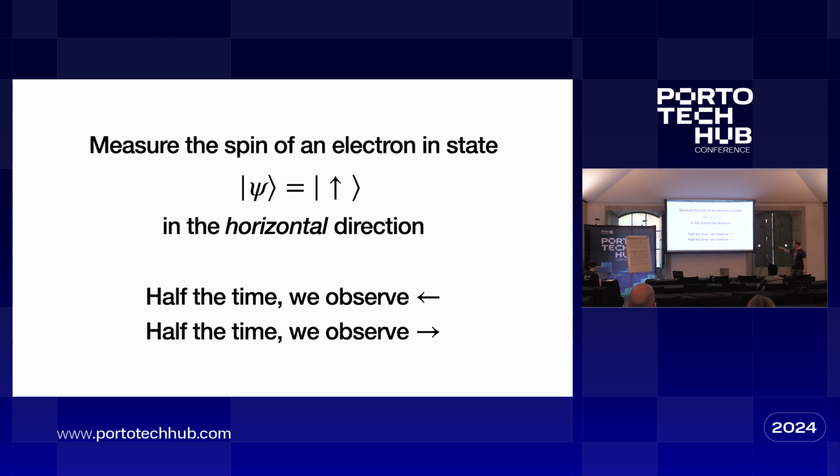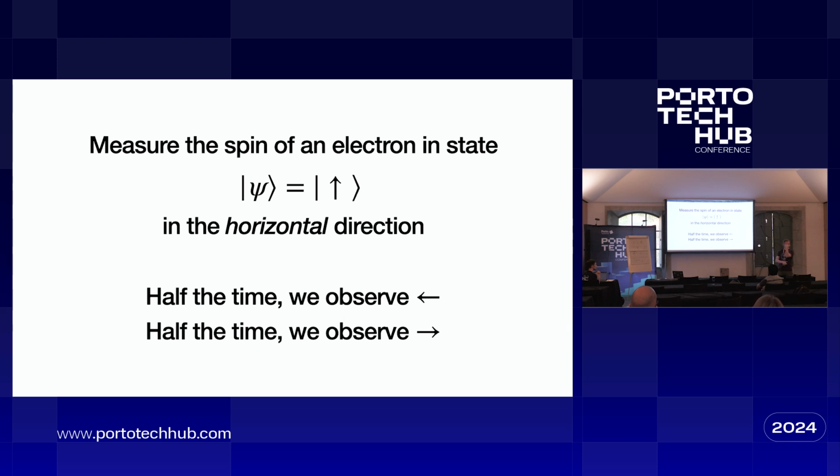That should say vertical. Oh no, sorry. If I have an electron pointing up, and now I measure its spin along the horizontal direction, what should I observe? First of all, what does your classical intuition tell you that you should observe? I have an electron with its angular momentum pointing up there, and I measure what's its angular momentum along there. What would your classical intuition tell you you should measure? 0, precisely. What do you actually measure?